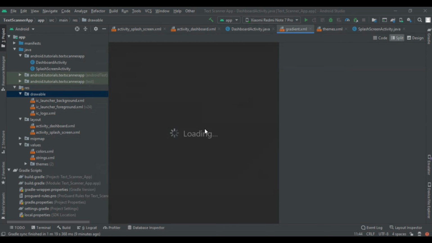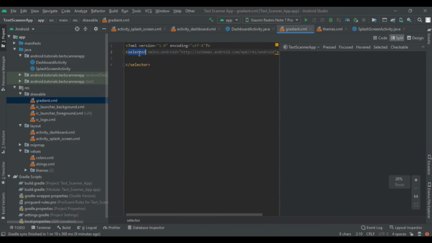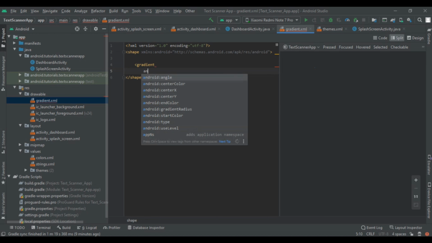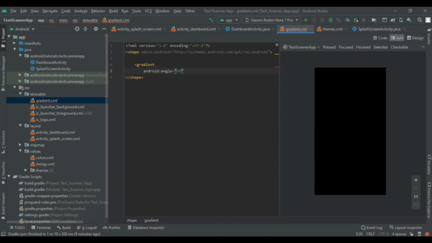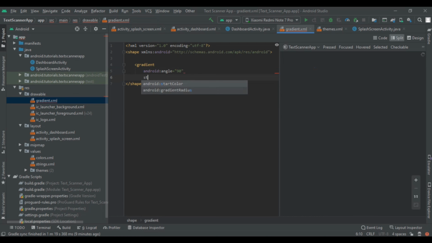After that, we are going to add one gradient to it. The angle of that gradient will be 180 degrees. So first write the angle, and after that we are going to write the start color.